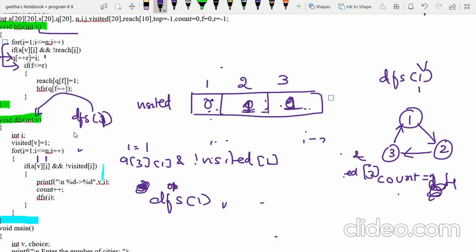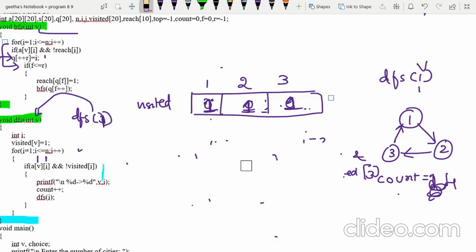So visited of 1 you make it 1, and then again the for loop begins from the beginning. So I becomes 1. So if I becomes 1 then I becomes 2, what happens? I becomes 3, what happens? You have to check. Okay, and remember here from 1 now DFS of 1, V is 1, I is 1.